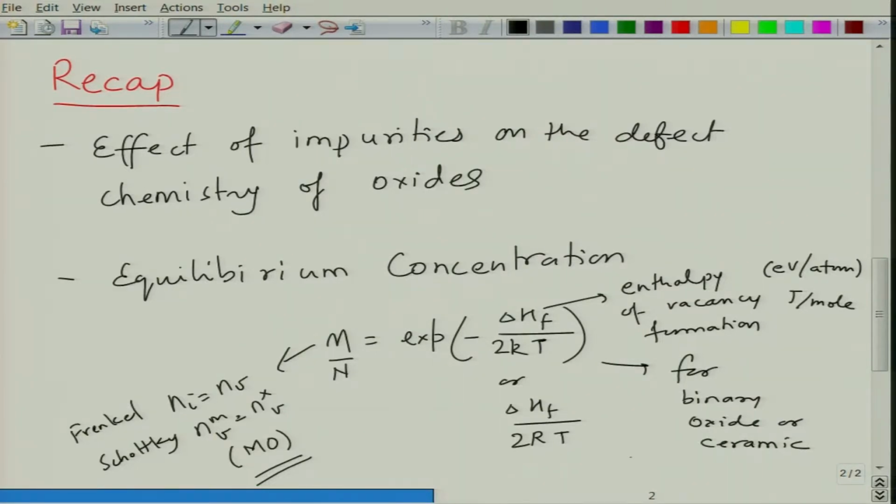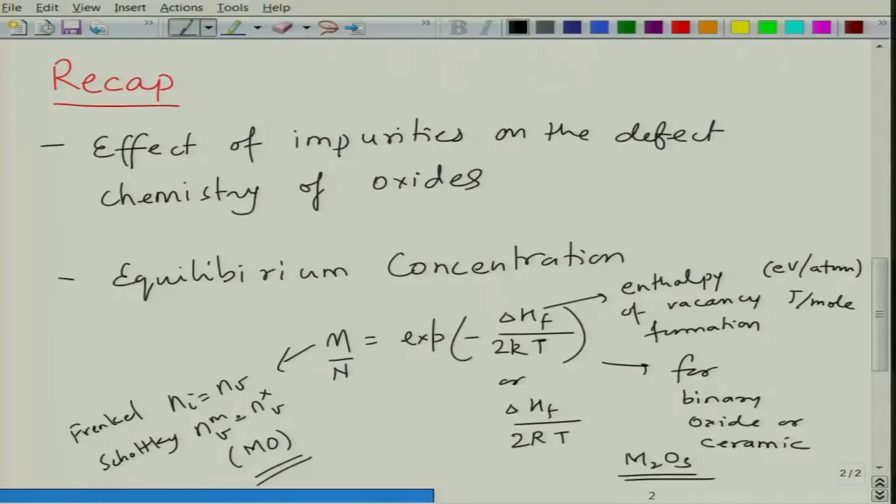but if you do the analysis for something like M2O3 then it would be different. If you do it for M2O5 it would be different, the denominator will not remain the same, because the number of vacancies that you create as a result of defect formation will be different for every cation vacancy or cation interstitial. So what we will do is look at the defect chemistry in two systems. One is the stoichiometric oxides. So now we will look at the defect equilibrium. We have seen how the defects form. Now we will look at defect equilibrium as a function of temperature and partial pressure in these two types of